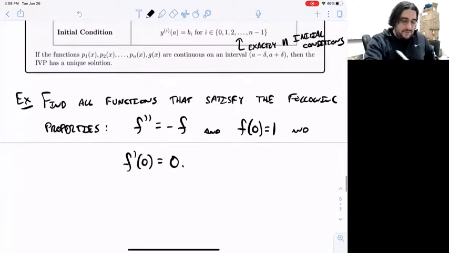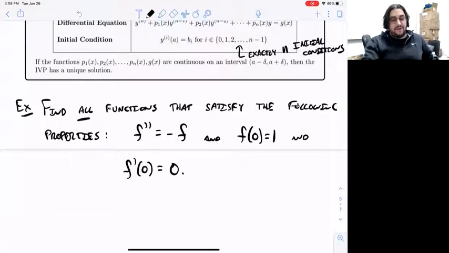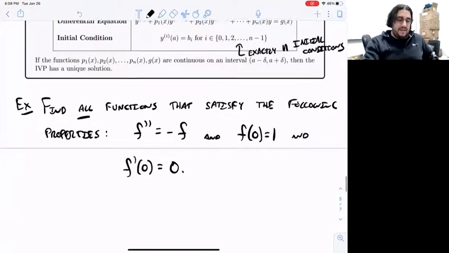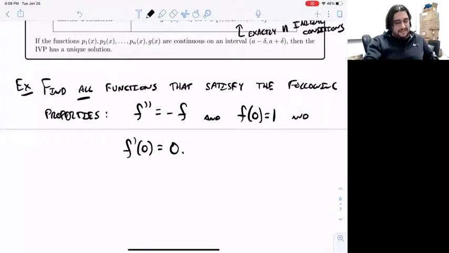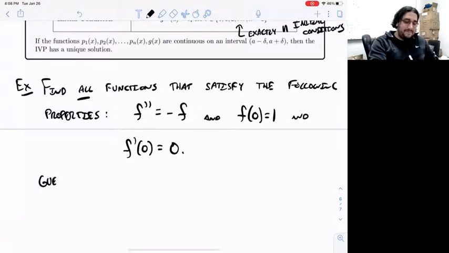Okay, so this is what I'm tasked with here. I want to find all functions that satisfy the following properties. Well, these properties are not too messy. I might be able to get at least a solution, maybe not all solutions, just by guess and check, right? So let's do some educated guessing, based on sort of famous